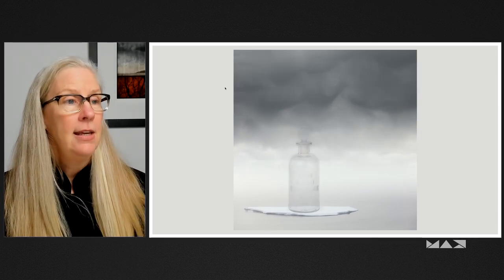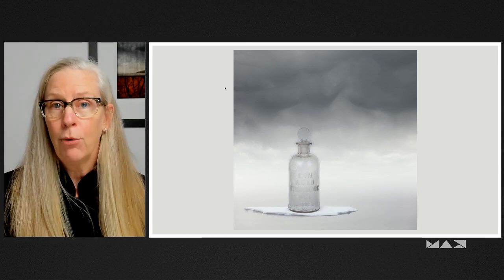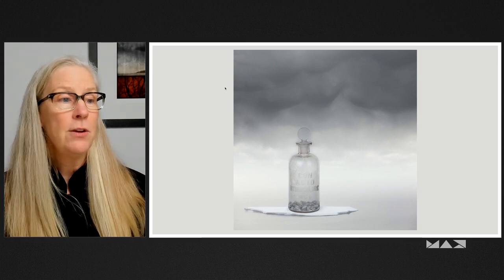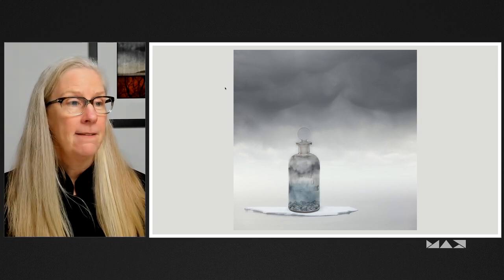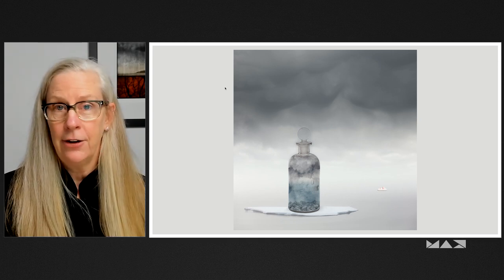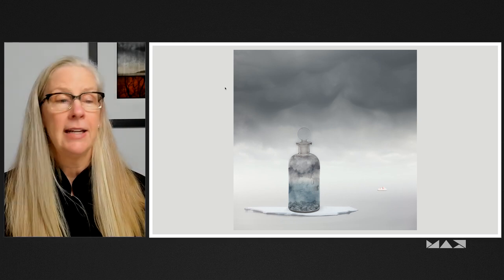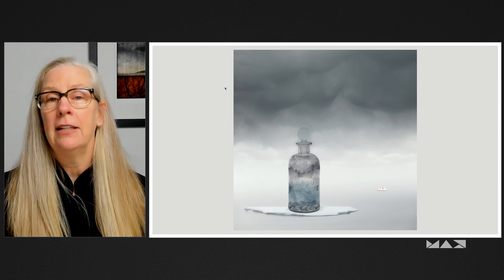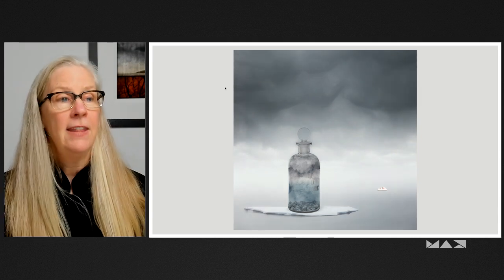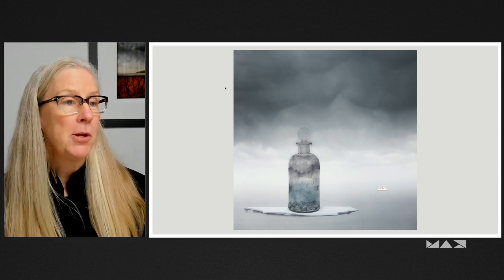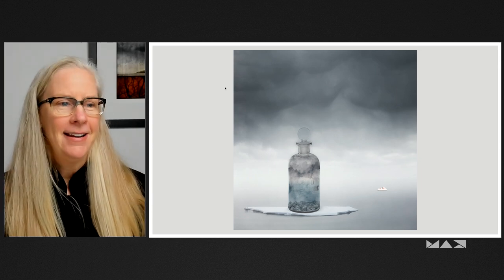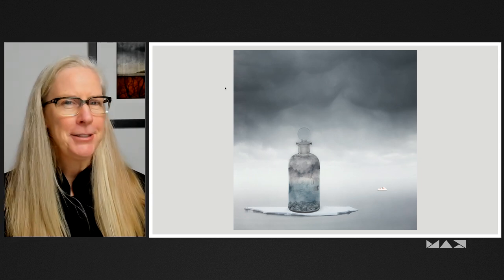So we're going to start by setting the stage with this iceberg. Then we're going to go ahead and add the clouds to it. And then we're going to add a bottle. That would be the primary subject. And we're going to fill that with some breakers as well as some atmosphere. And then we'll go ahead and add our secondary object and then our secondary subject. And then we're going to need to unify these using color and tone. And then as a last step, we'll also add a texture layer to make it look a little bit more believable.